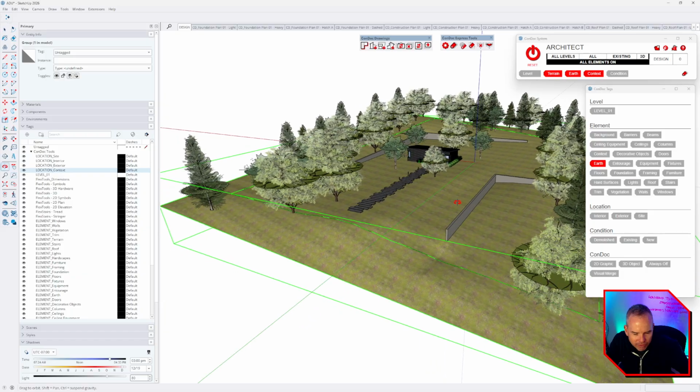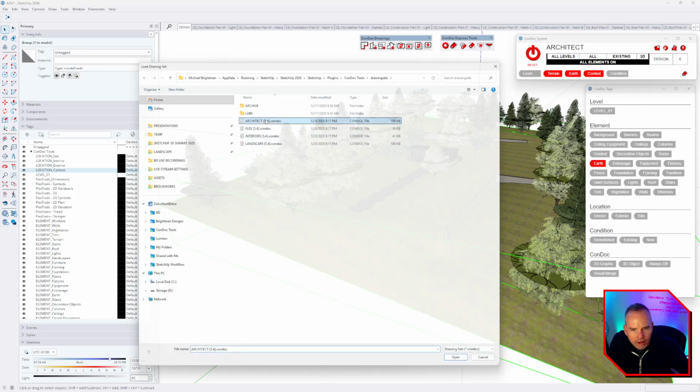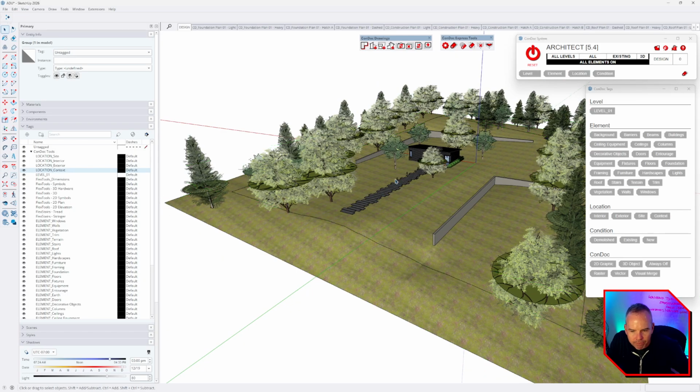We just need one tag to show you how this works. If I go back to the Architect 5.4 drawing set, you get into a kind of confusing situation where I select this entity and I can see that it has terrain assigned to it and earth assigned to it. It can cause some visibility issues when that tag doesn't exist in the drawing